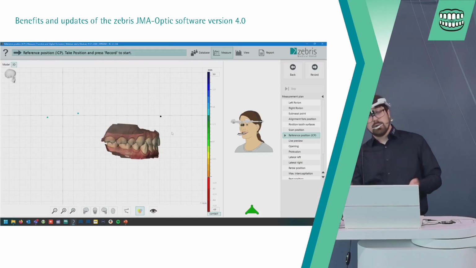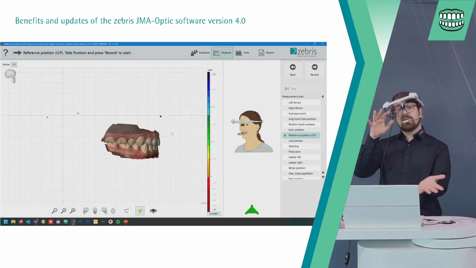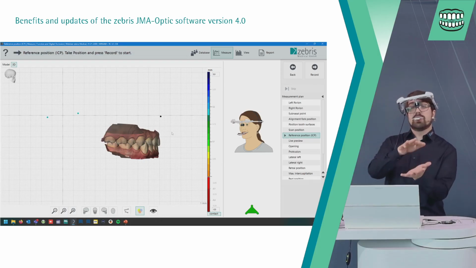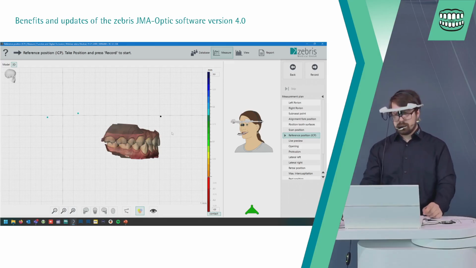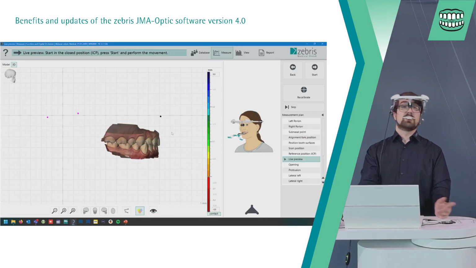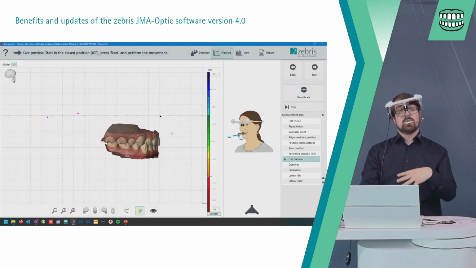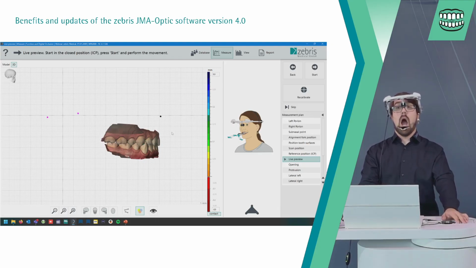And if you measure the scan position with the open bite, you can now close to a static maximum intercuspidation of your patient and close the bite. Then we are in our live preview, and you see now I will open my mouth and press start, and you will see the result directly on the screen.